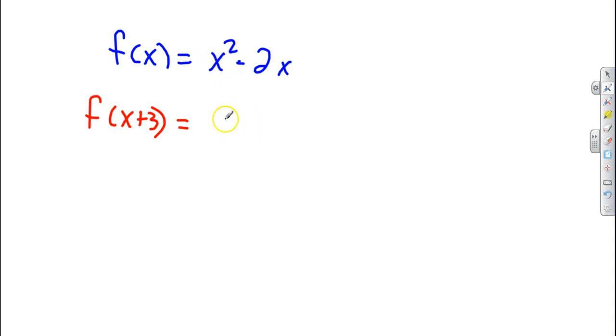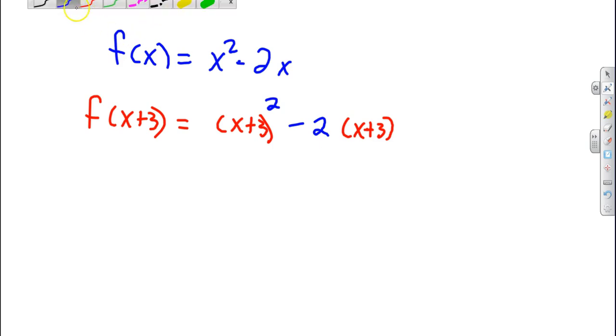Everywhere you have the x, you're going to take the x out and you're going to plug in x plus 3. I had the squared here, the minus 2 there. Okay, now here's where the fun kicks in. If it's x plus 3 squared, you've got to remember that that means x plus 3 times x plus 3,